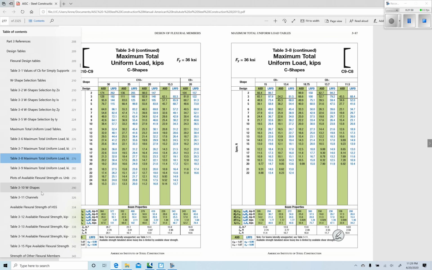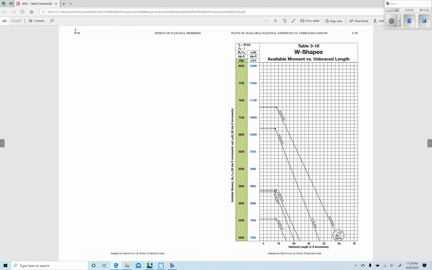Can I fast forward here? This is what I'm talking about, okay? Available moment versus unbraced length. I have unbraced length down here at the bottom, and available moment, Mn. Okay, so it's not phi Mn. Let me make sure. Oh no, it is phi Mn. Oh, sorry, I forgot that was ASD. I was like, why wouldn't they give you the phi? And these are basically big, giant, drawn out plots of